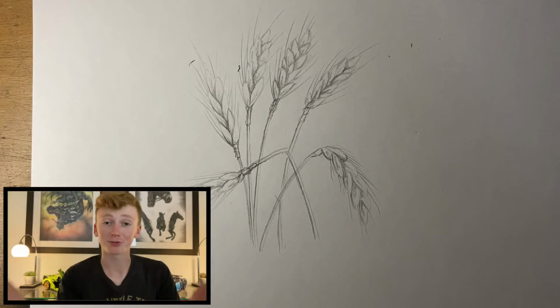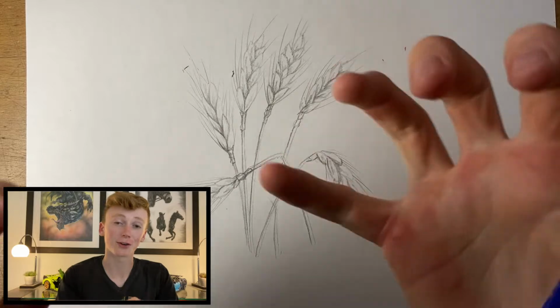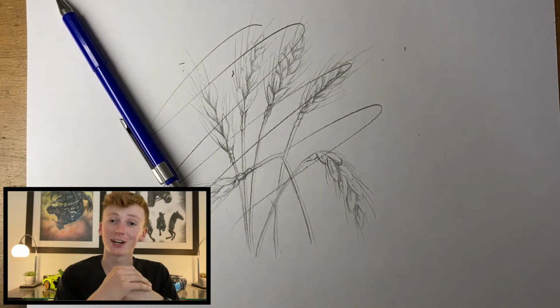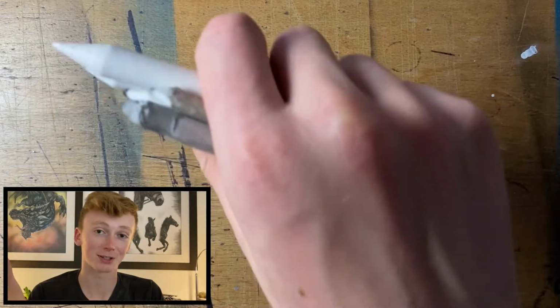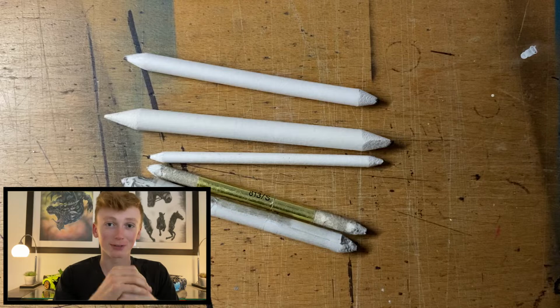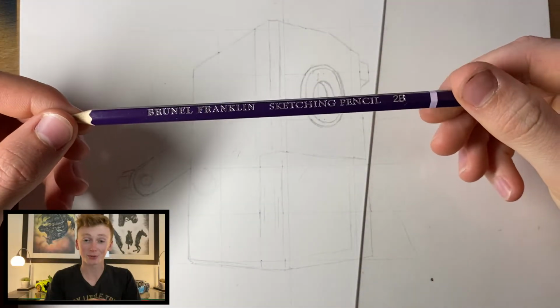Do you ever find that the graininess that the pencil leaves behind on the paper is absolutely destroying the overall look on your drawing? Well, never fear, because modern day technology has brought together the blending stump. And these can be used to help you absolutely nail your next drawing. Let's get to it. So for a blending stump to truly work, we need some pencil down on the paper